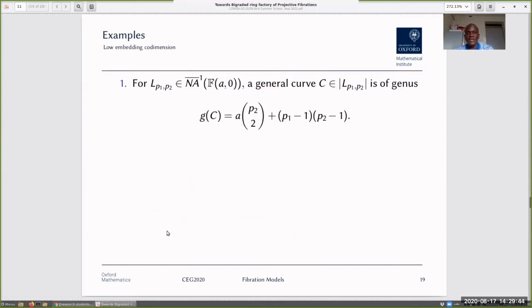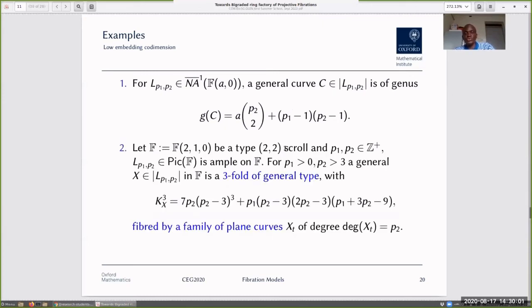If the embedding codimension is low, then some of these fibrations can be studied using explicit methods. For instance, if you take an ample line bundle on a surface scroll, then the curves in the linear system of these line bundles are going to have genus given by this formula. A type 2 scroll with weights 2, 1, 0